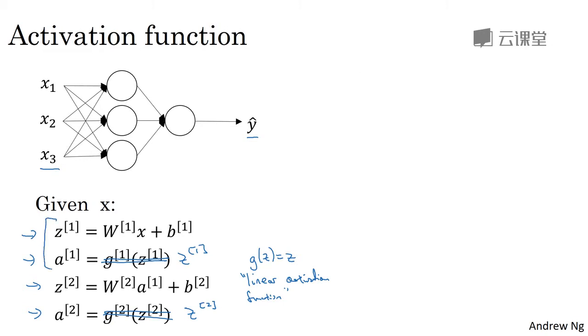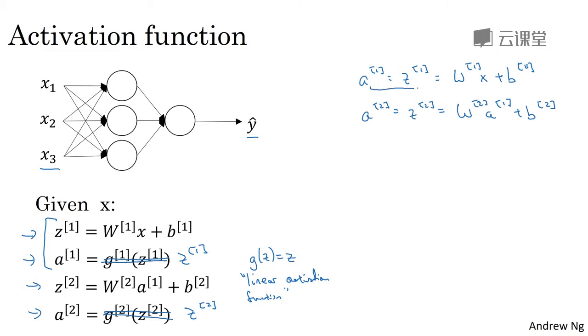To take the first two equations, if you have that a1 is equal to z1 is equal to w1 x plus b1, and if then a2 is equal to z2 is equal to w2 a1 plus b2, then if you take this definition of a1 and plug it in there, you find that a2 is equal to w2 times